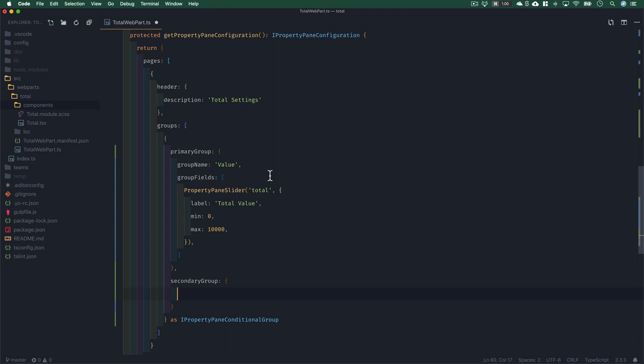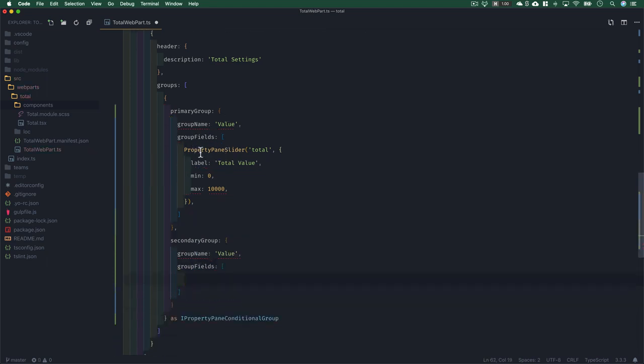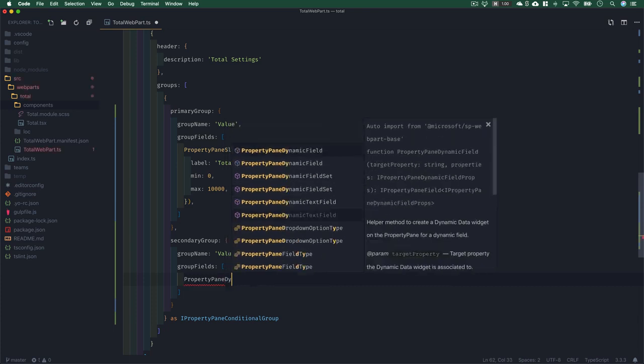And what we can do here is we can say, first of all, just like we have in our primary group, we give it a group name, which we'll set to value just like it was up above. And we're also going to have group fields, which is an array, just like it was up above. But instead of adding a property pane slider like we did up above, what we're going to do here is we're going to add property pane dynamic